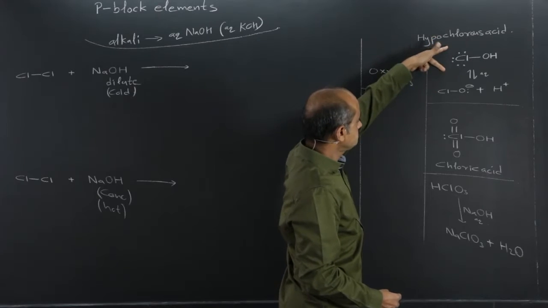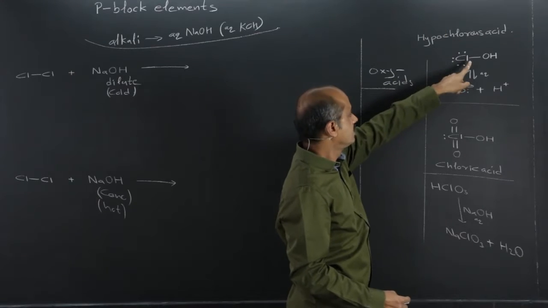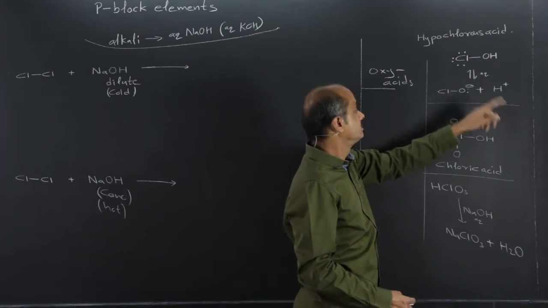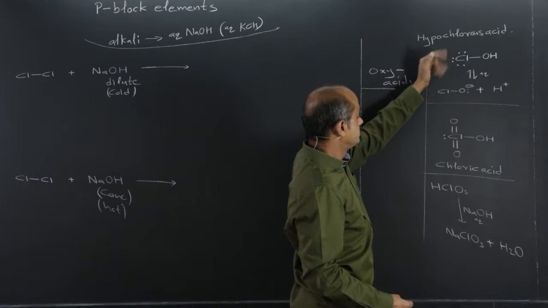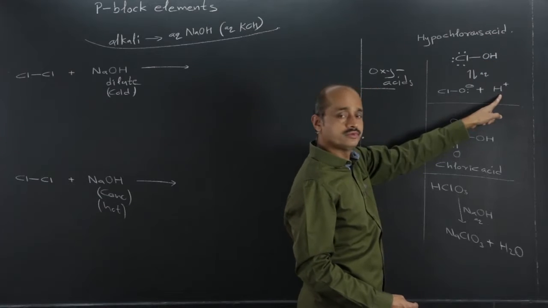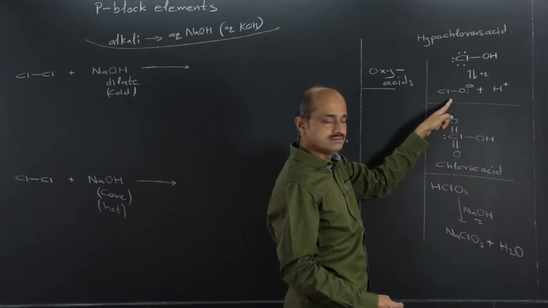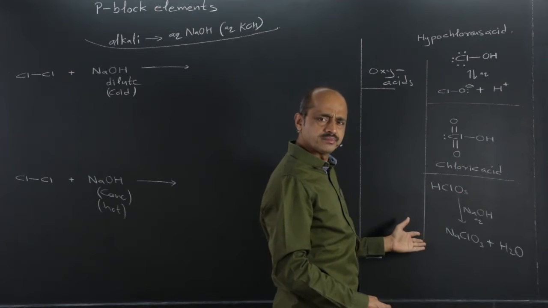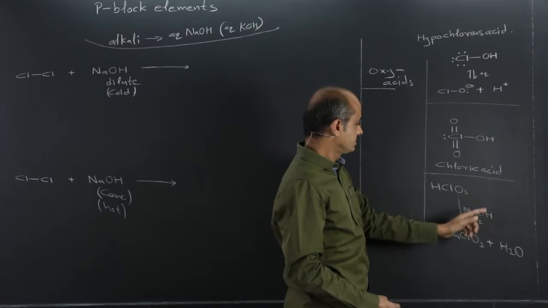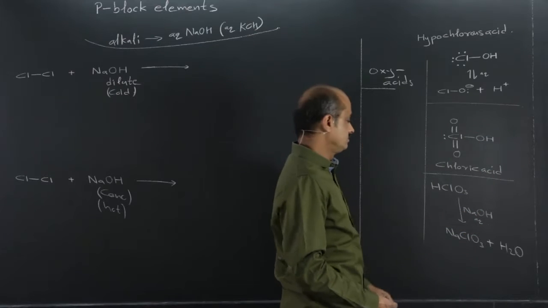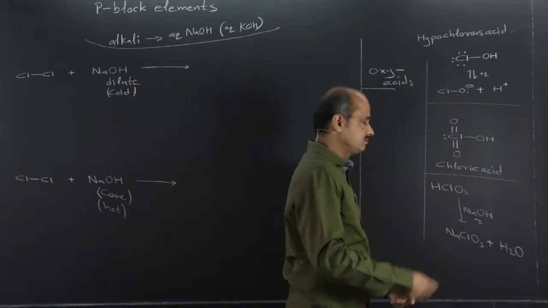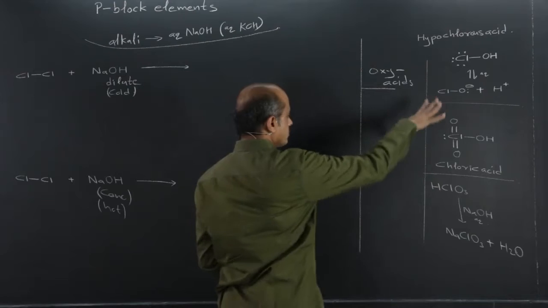Hypochlorous acid has 1 unpaired electron and 3 lone pairs, and only the 1 unpaired electron forms a covalent bond with the hydroxy OH group. Hypochlorous acid in water undergoes heterolytic breaking, giving rise to free H plus ion and the remaining negative ion. Same will take place with the other acid: in water, hydrolysis, giving rise to H plus and a negative ion. All the 4 oxyacids of chlorine show the same reaction. I have written only 2.